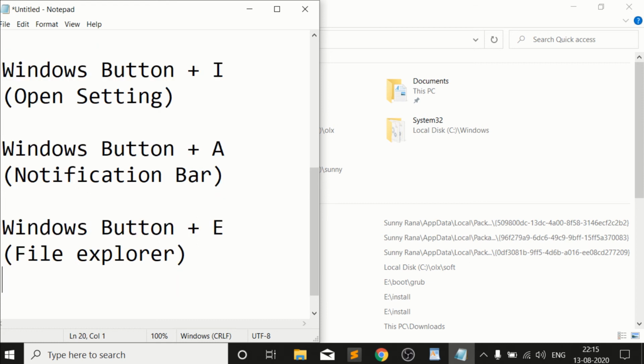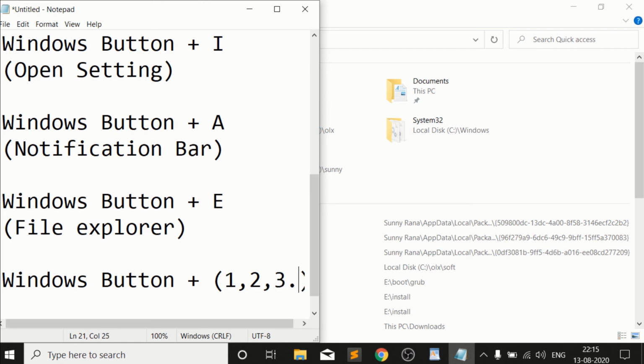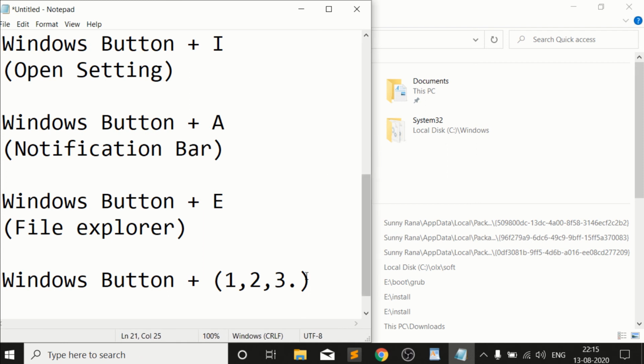The last command which I am going to tell you is a combination of numbers. It's very useful. How? Windows plus numbers, simple. I can say 1, 2, 3. What is the benefit? If you press Windows plus 1, it opens the first application on your taskbar.